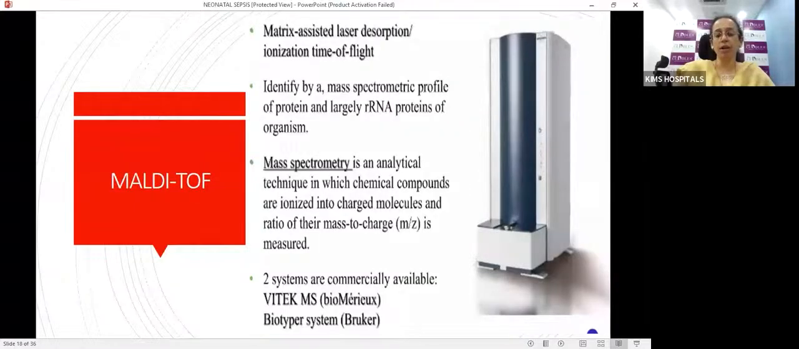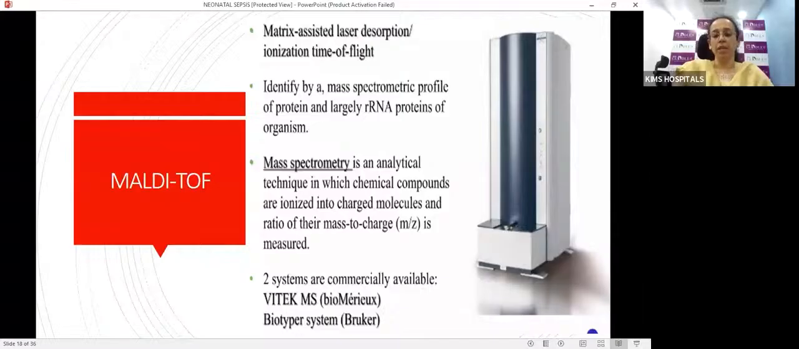There is a newer method called MALDI-TOF, the full form being matrix-assisted laser desorption ionization time of flight method, in which we identify organisms by a mass spectrometric profile of proteins and largely ribosomal proteins of the organism. If we identify a gram-positive organism in the BacT/ALERT method of the blood culture, to identify the type of organism based on the protein of the organism, we can use this MALDI-TOF method, which